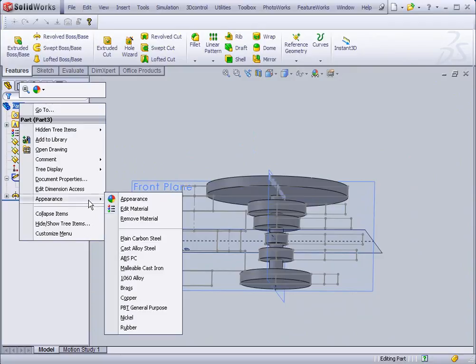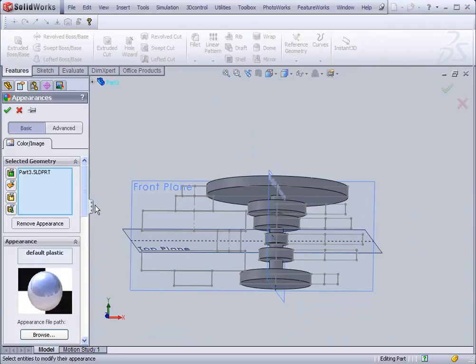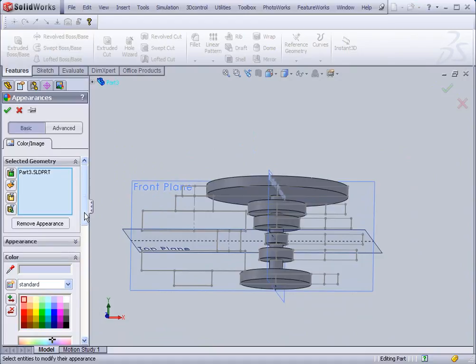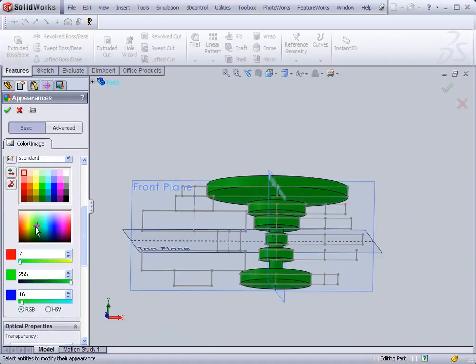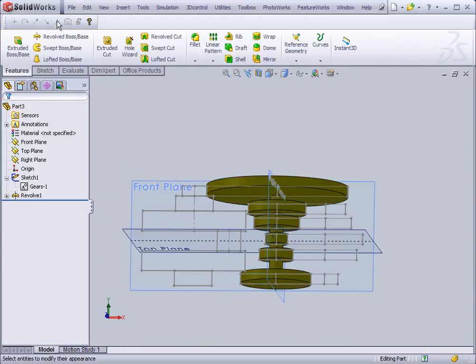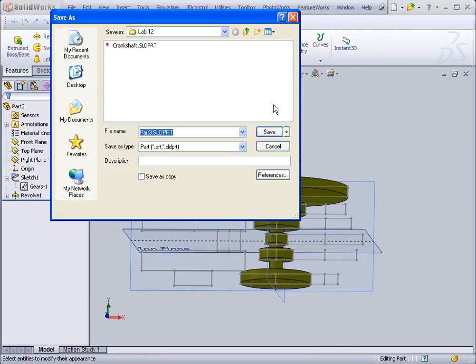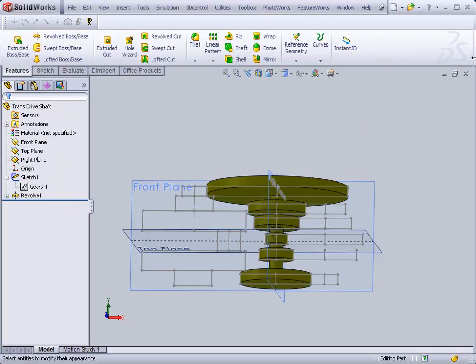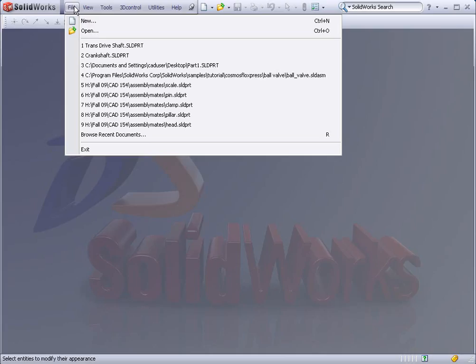Last thing I want to do is change the color. Go to Appearance, drag the color bar around a little bit, check OK, and then File, Save. And this one's going to be Trans Drive Shaft. We'll close that part, open a new part,